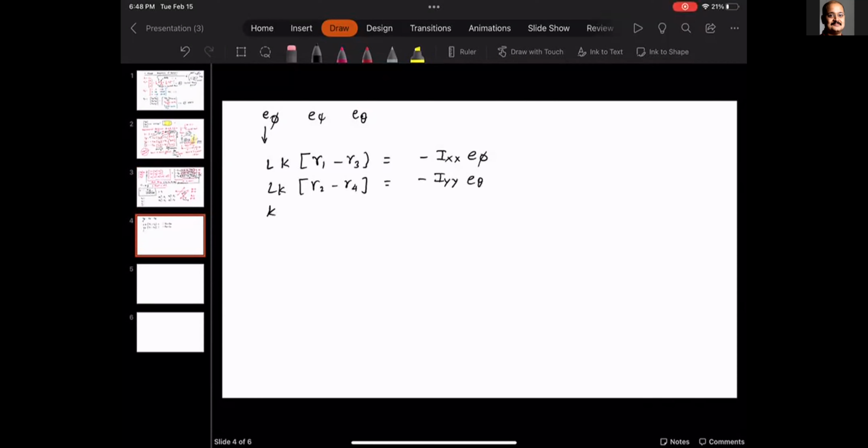And then the last equations: b (gamma 1 minus gamma 2 plus gamma 3 minus gamma 4) is equal to minus Izz E psi. And the last equation, gamma 1 plus gamma 2 plus gamma 3 plus gamma 4 is equal to mg